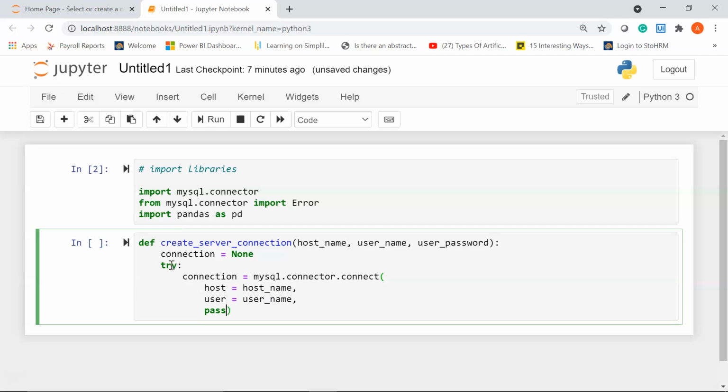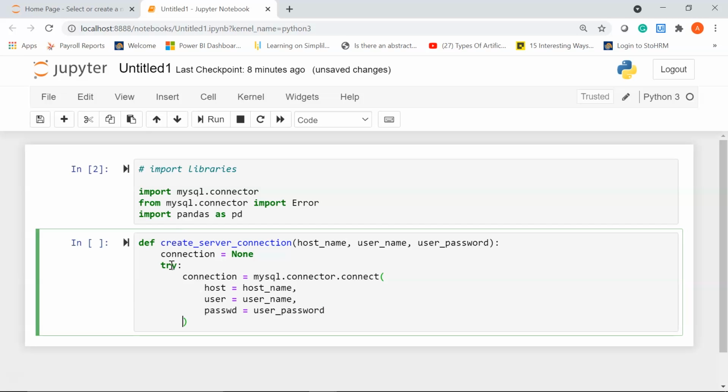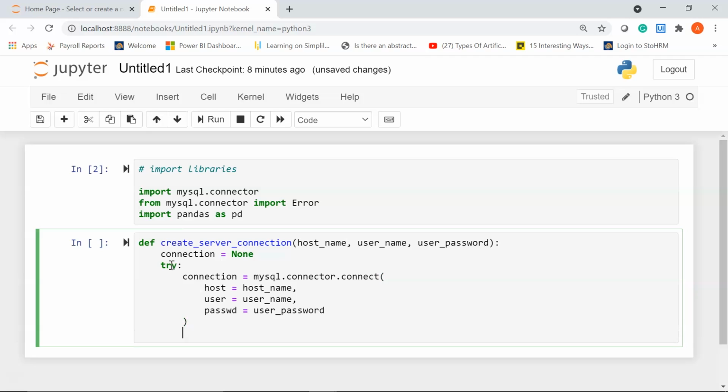Next will be my password, and I'll assign the value user_password. Alright, now I'm going to use a print statement and write MySQL database connection successful.